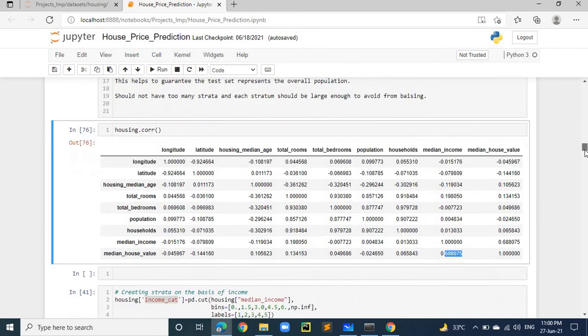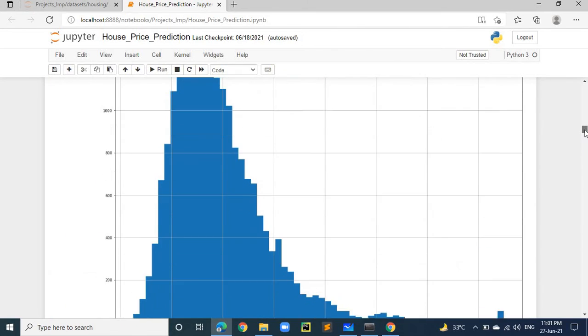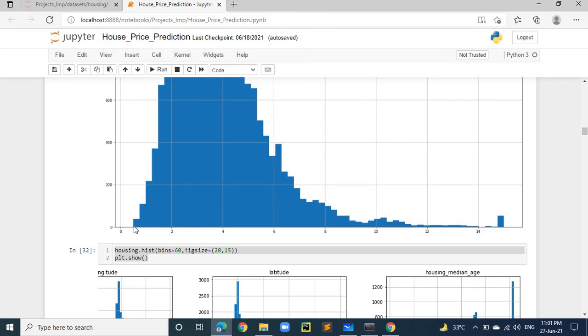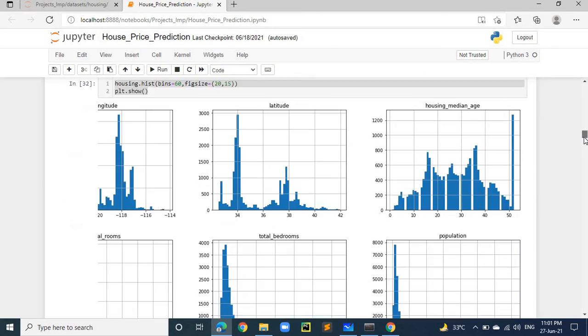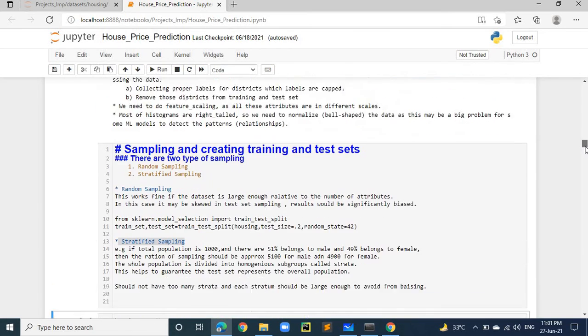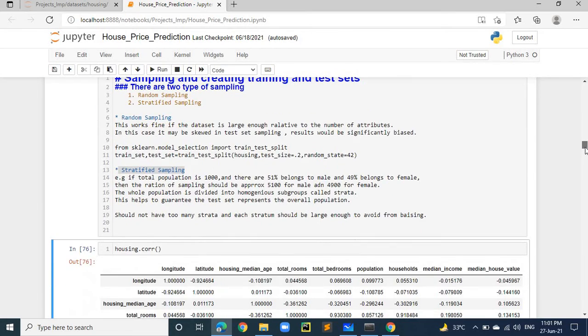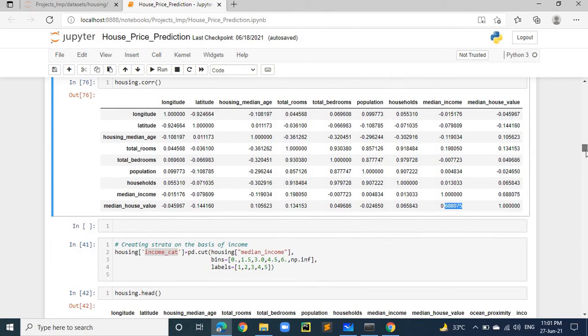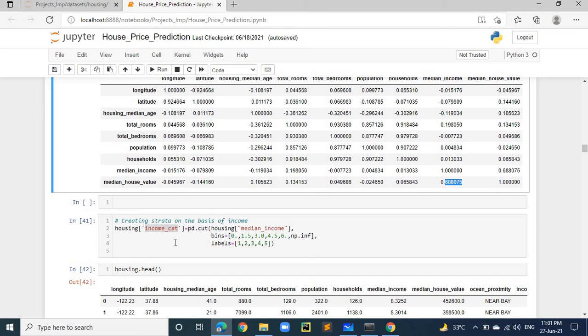So let us see the median income, how it is looking. Already you have seen here in the income, as I told you, most of the data is between about 0.5 and 6, and all the maximum data points are falling into this, because this is bell shaped. After 6.5, it is skewed towards the right, and fewer records are there. So we can create different groups starting from 0 to 6, and apart from 6, we can cap all the records in one group greater than 6. In this way, we have created different strata.